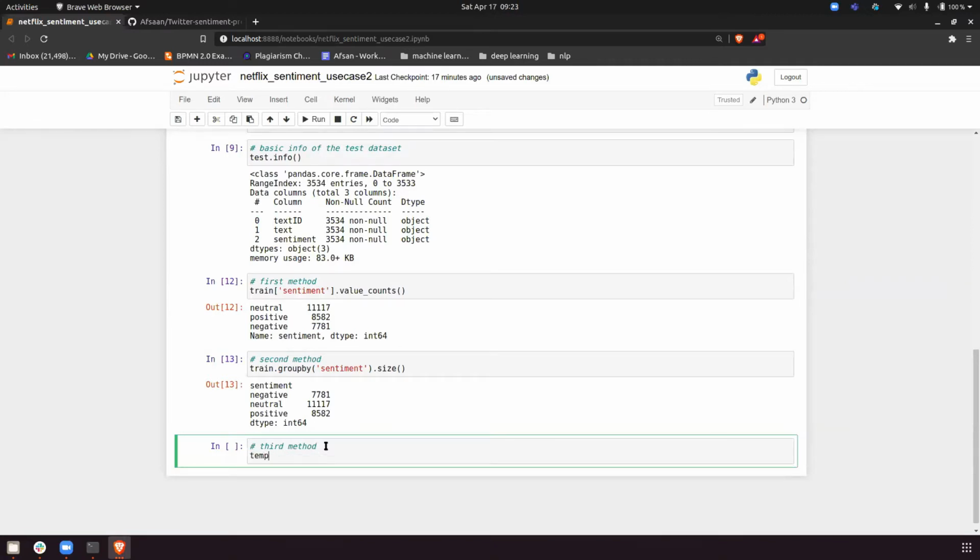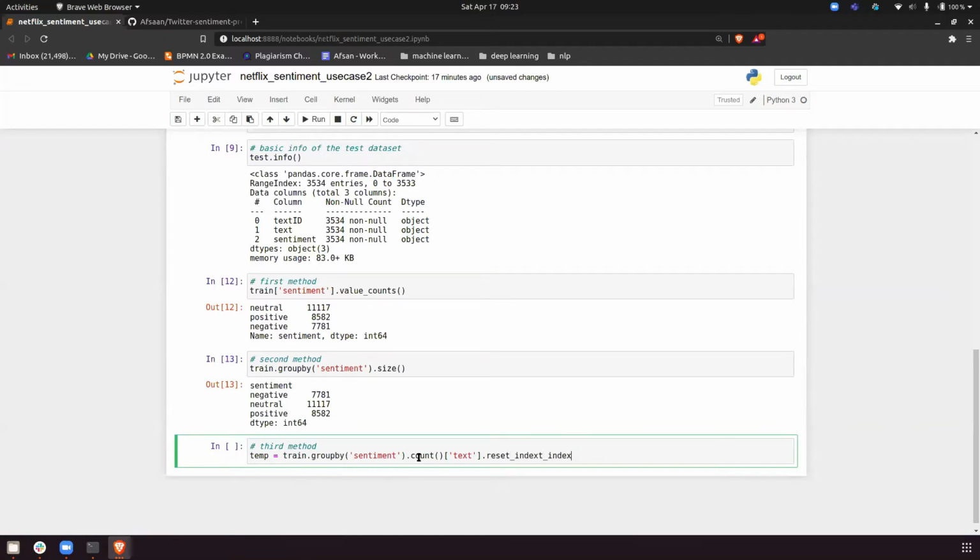So temp equal to train dot group by sentiment dot count. Then I will extract the text from there. Then I will reset the index so that the index is in a proper way.